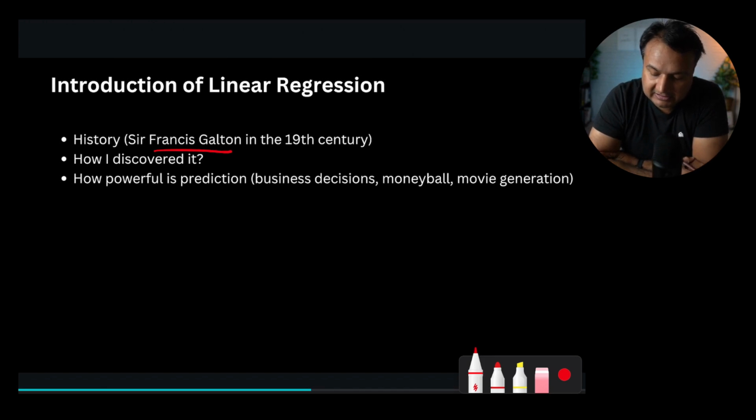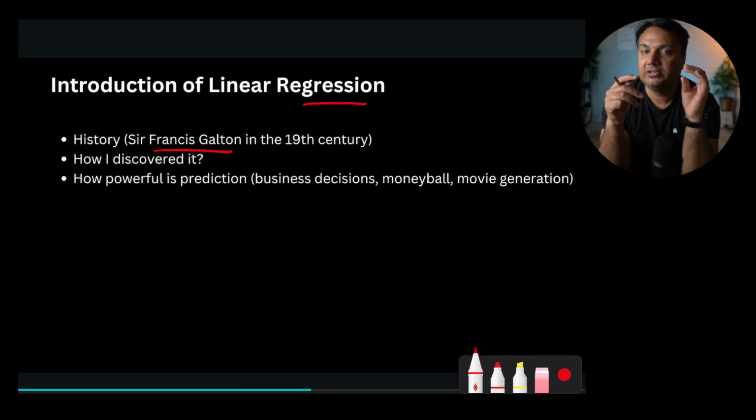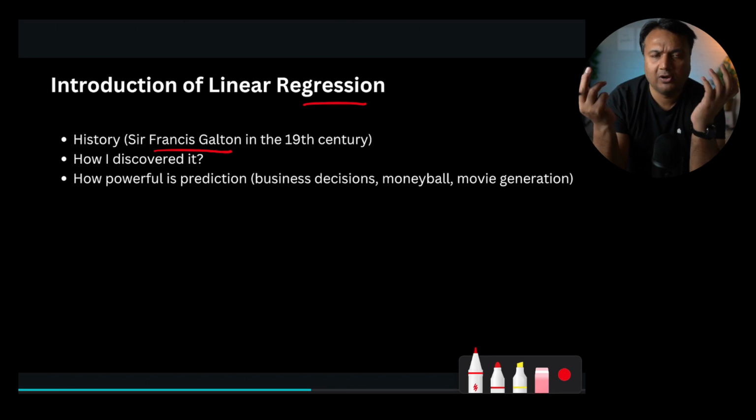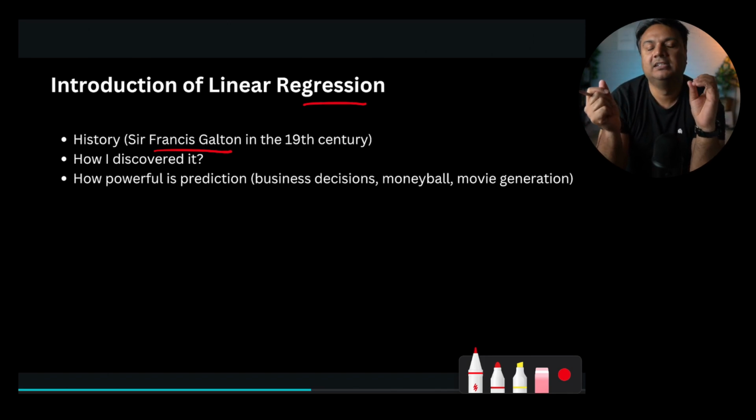And the reason this has the word regression in it is because Sir Francis Galton was analyzing the impact of parents' height of different animals on their children. And as we already know, a taller parent usually has taller children, and a dwarf parent, which is not tall, usually has dwarf children.